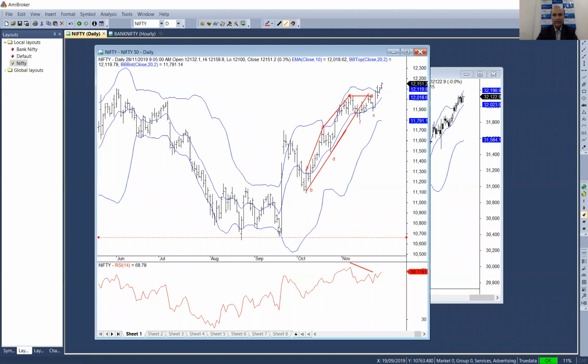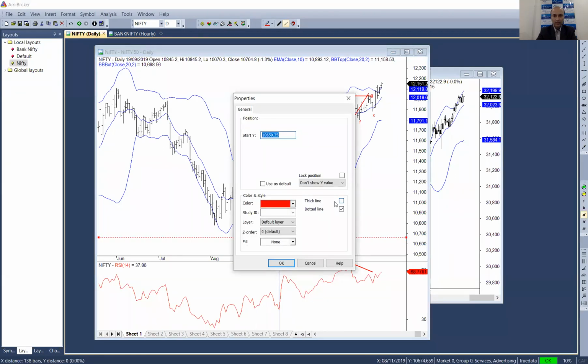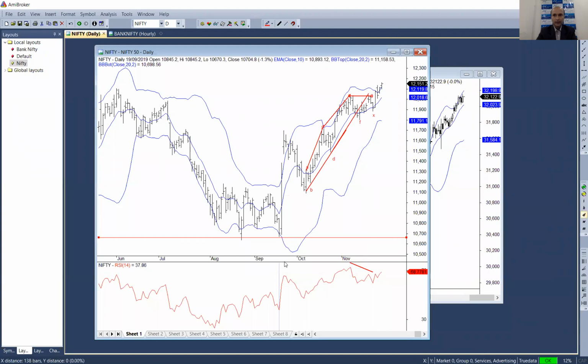The low made on the Sitaraman candle. So I call this the Sitaraman candle, exactly. This was made exactly on the Gann square of 9, the cardinal cross left side at 180 degrees, and that level was 10,661. Look at the low which was made at 10,670. Now that's a classic way of looking at it. The next level, let me just make it a thick line so that you are able to see it, not a dotted one.